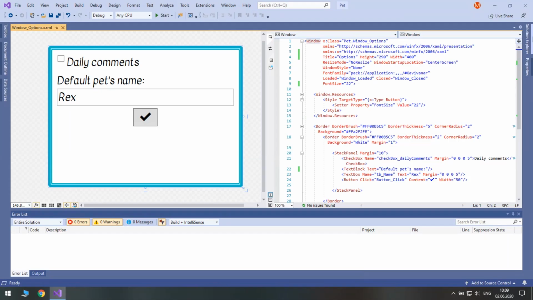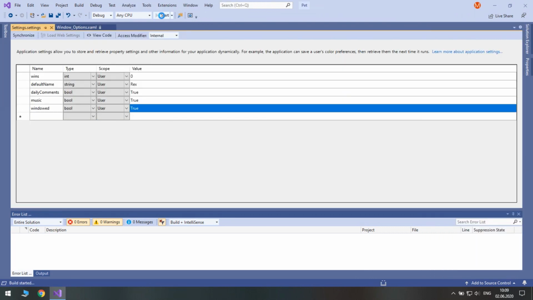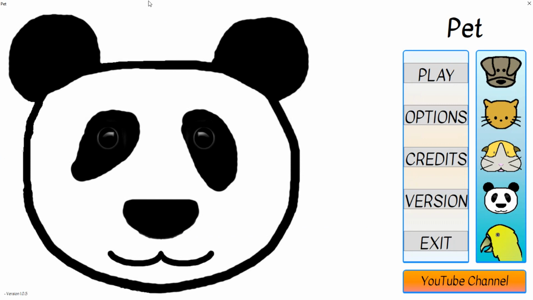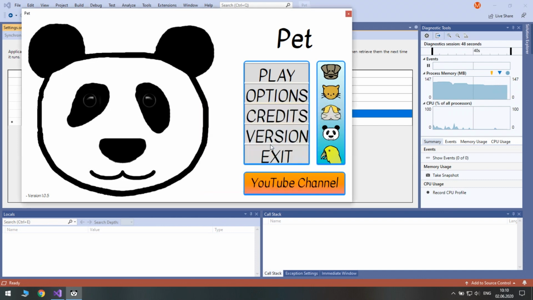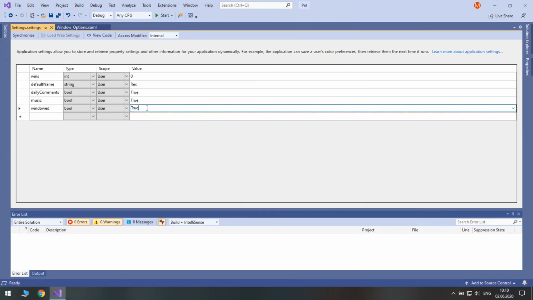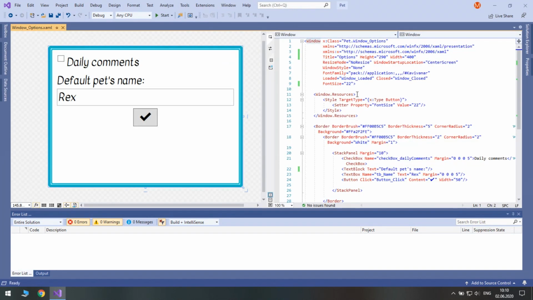Let's change it by opening our settings and window. Let's set it to true. Start our game again. Okay, so here's our border. Here, you could clearly see that there are about 3 pixels. This is what we are going to change. Set it back to false.